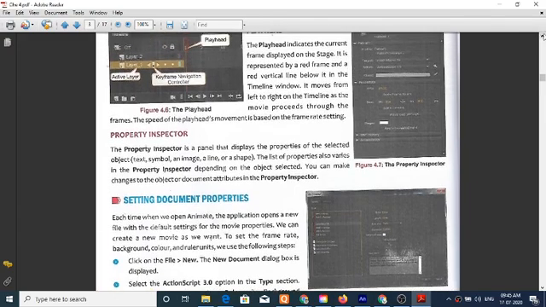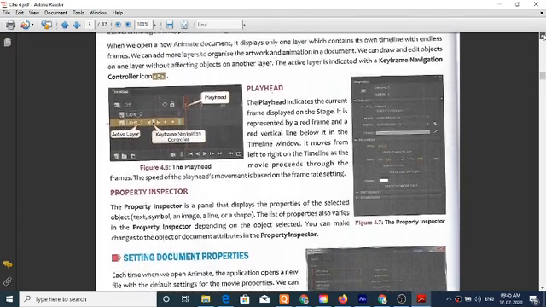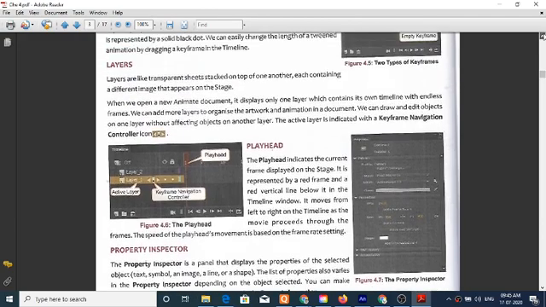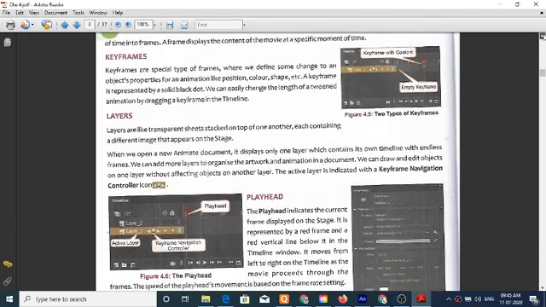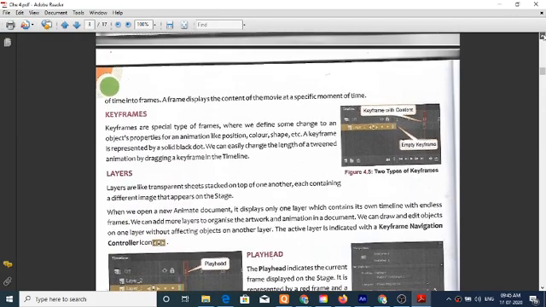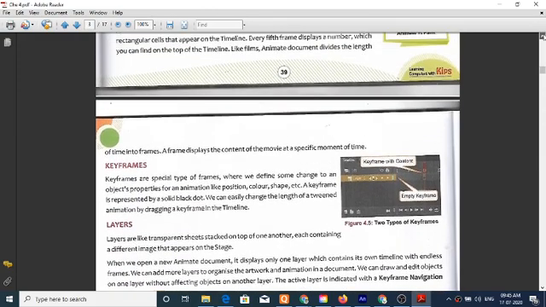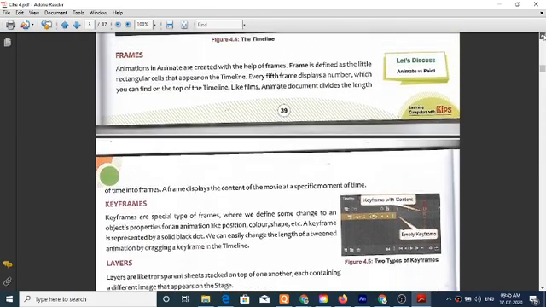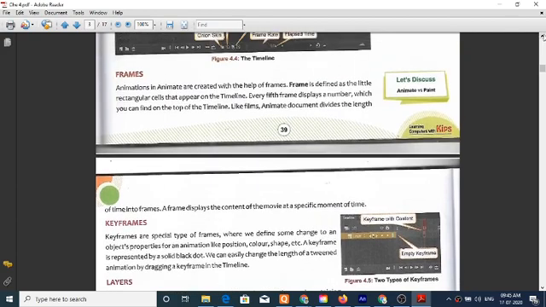Today we discuss animation. This is part of Flash software. Flash software was created by Adobe Systems.